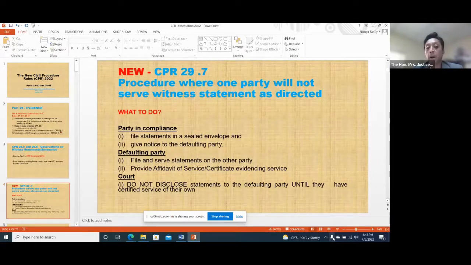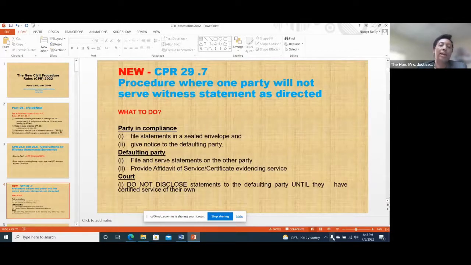The defaulting party would then file and serve their statements on the party in compliance. I'm trying to suggest, because I don't think the rules are particularly clear on how notice would be given that the defaulting party has served their own statement. So I'm saying perhaps an affidavit of service or some certificate. So this is my own